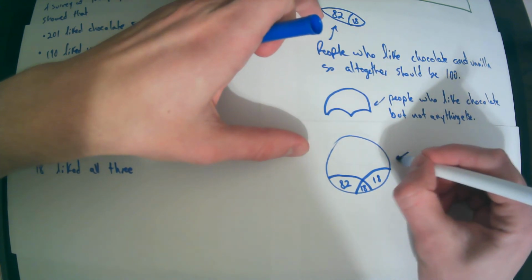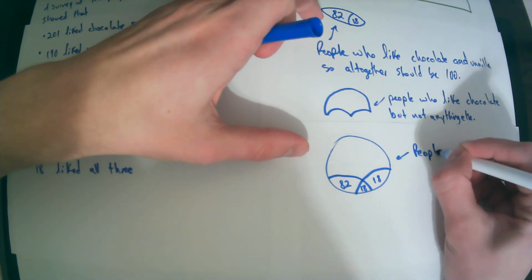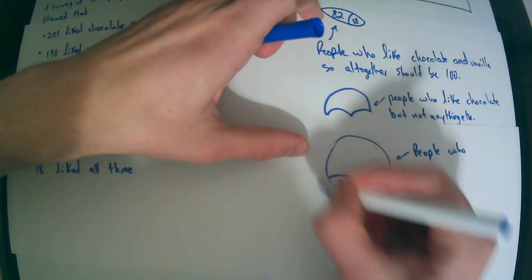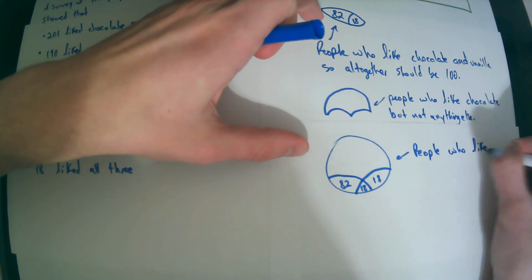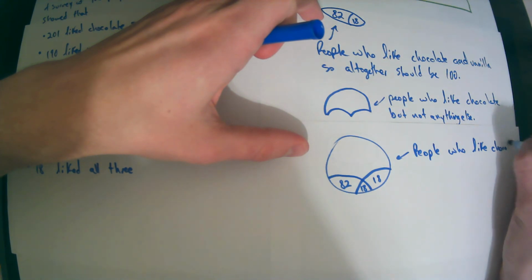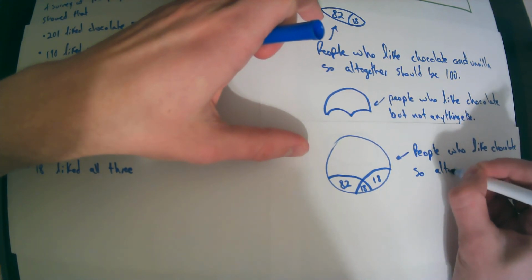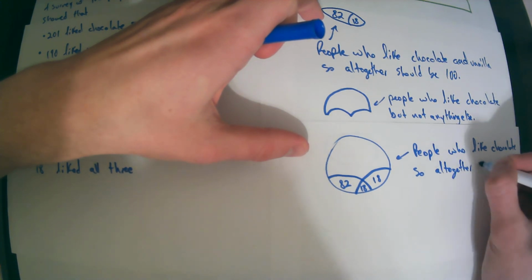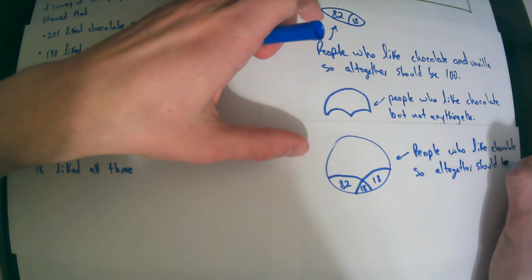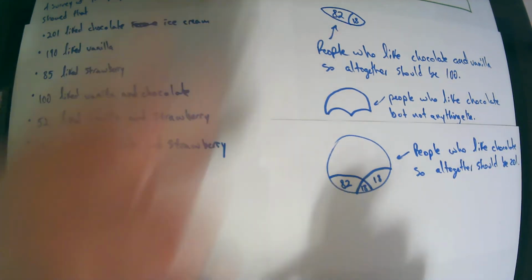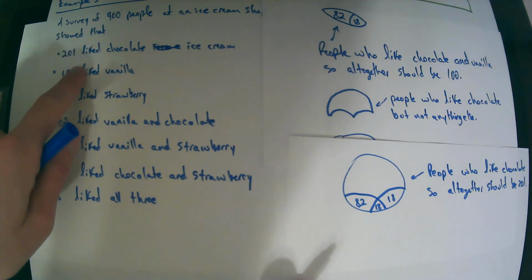So altogether, this is people who like chocolate, right? Altogether, it should be 201, that data point that we have back here. Okay,